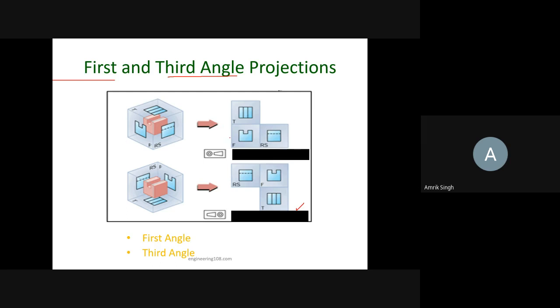So you see, the front view we have seen from this side. You understand it like this: this is the first quadrant, this is the second quadrant, this is the third quadrant, and this is the fourth quadrant.